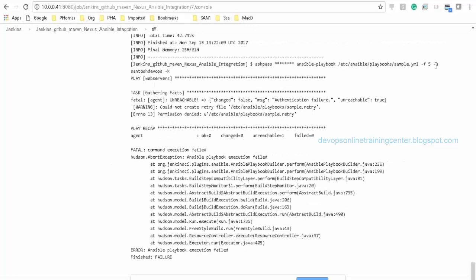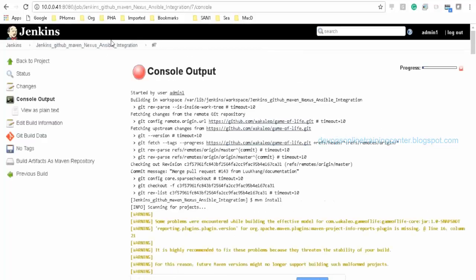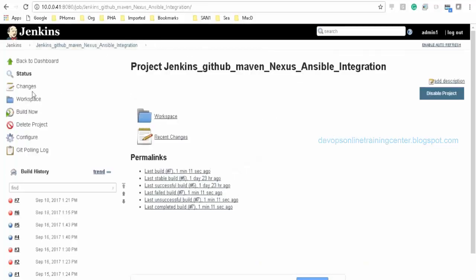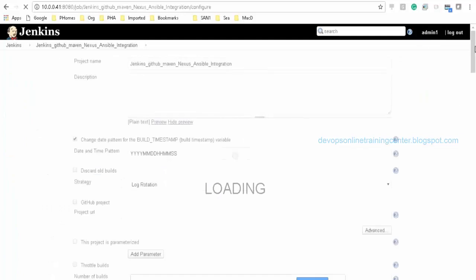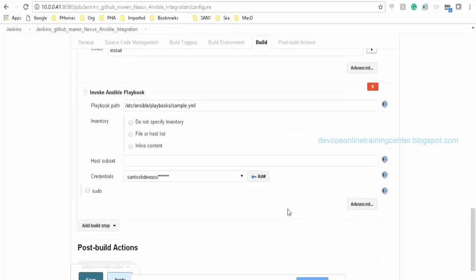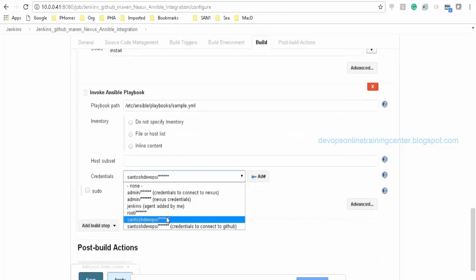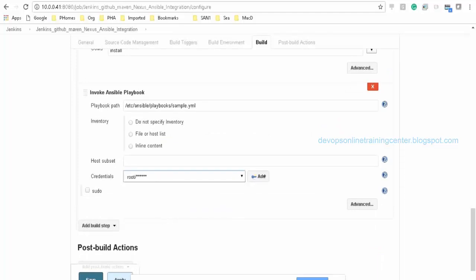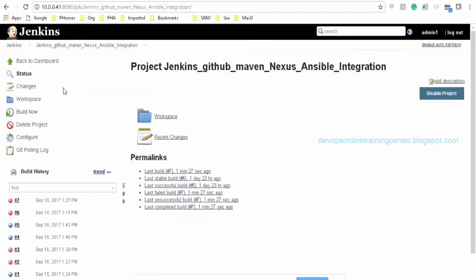Okay, somehow it is executing as this user. Okay, something is wrong with the user. We did not create anything in user, right? Let me see. Okay, I have given the username as the other one. We have to give root. That's why it is saying permission denied. Okay, let me try to execute again.